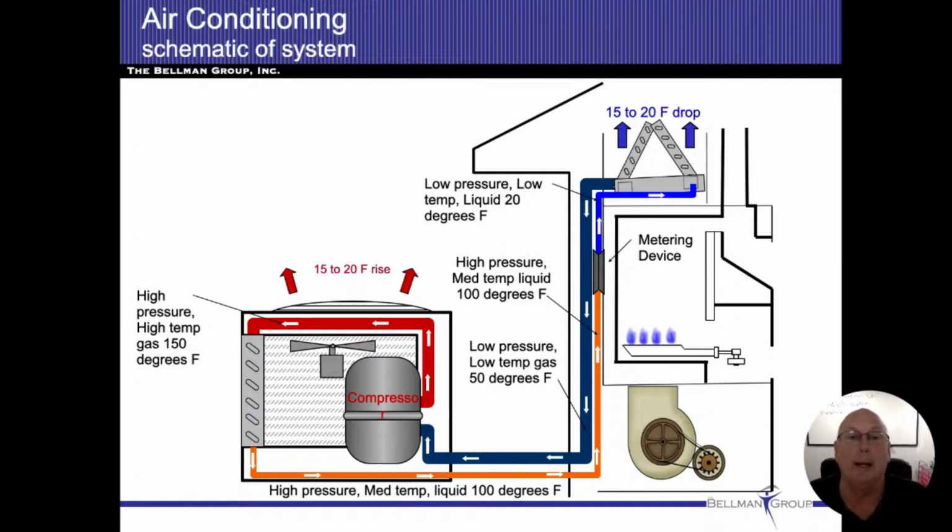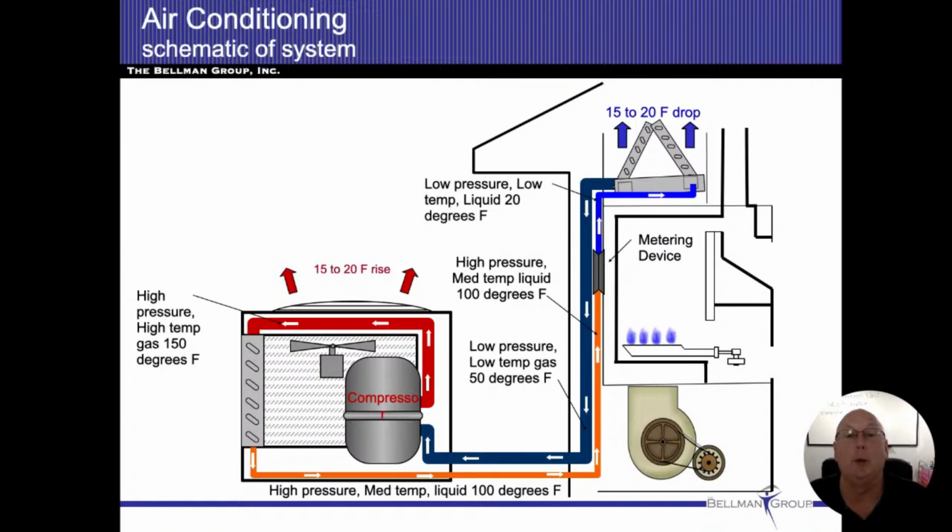As we look at the drawing, any of those lines that are thicker, those are going to be gas lines. Any of the lines that are skinny, those are going to be liquid lines. So the compressor, we come out of there, it's high temperature, high pressure, and it's a gas. It goes through our coils. We discharge the heat, we convert to a liquid. We're still high pressure. Our temperature is dropped, so we're medium temperature, and we're a liquid, so roughly about 100